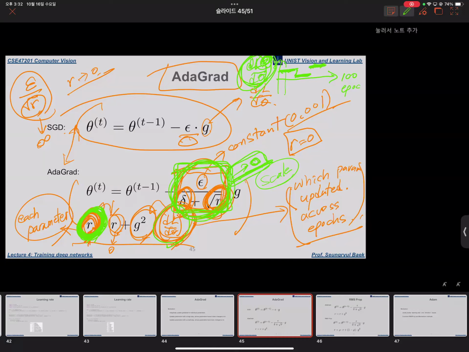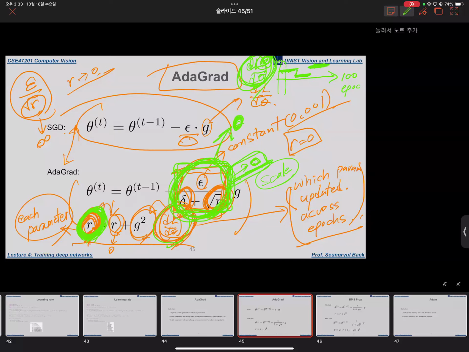Maybe there could be situations like this, but in general, this is rare. But even for this situation, the learning rate for these specific parameters has already gone to zero, because as epochs go, this learning rate is